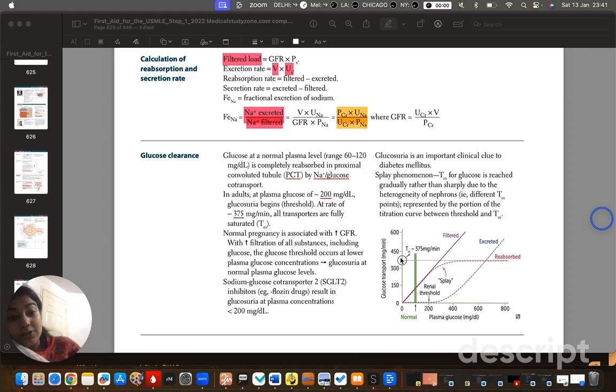They may be fully saturated even below that. At about 350 it starts happening, here at 300. So it depends, but yes, 200 is the renal threshold. And this is very important. So have you seen patients who are pregnant? Have you seen pregnant females? They actually have a lower threshold